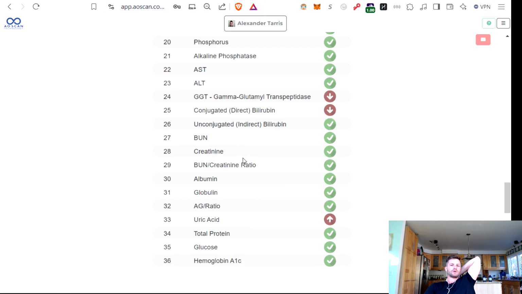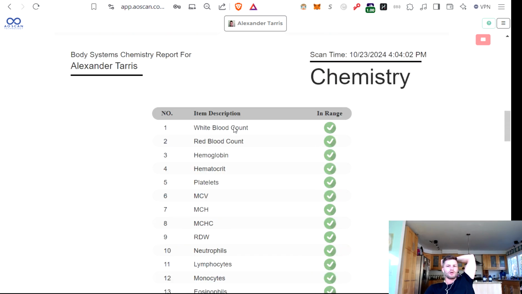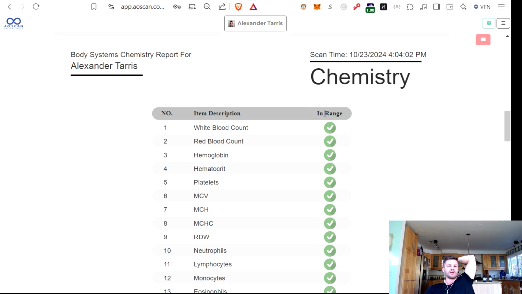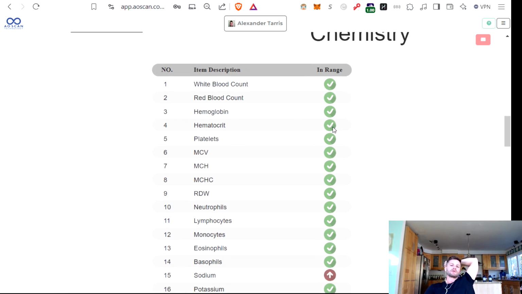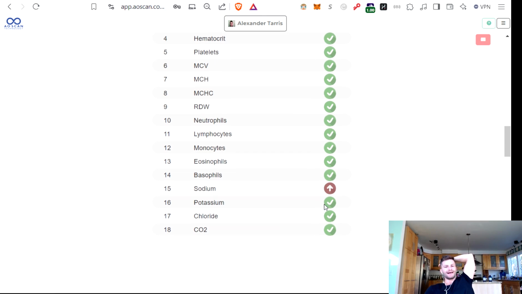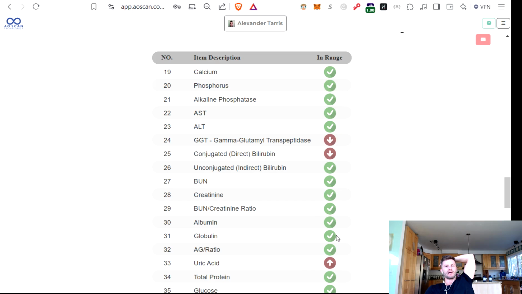At a quick glance, though, let's talk about where this is useful. This is one of the vitals reports that you can do. Let's say we're doing the chemistry and it says in range. Now, there are some practitioners who might say, well, this is obviously useful if it's accurate, and I can do this non-invasively in less than a minute. Throwing this in here could help guide me on what lab panels I may want to recommend, for example, and different organs or other diagnostic methods I may want to recommend,